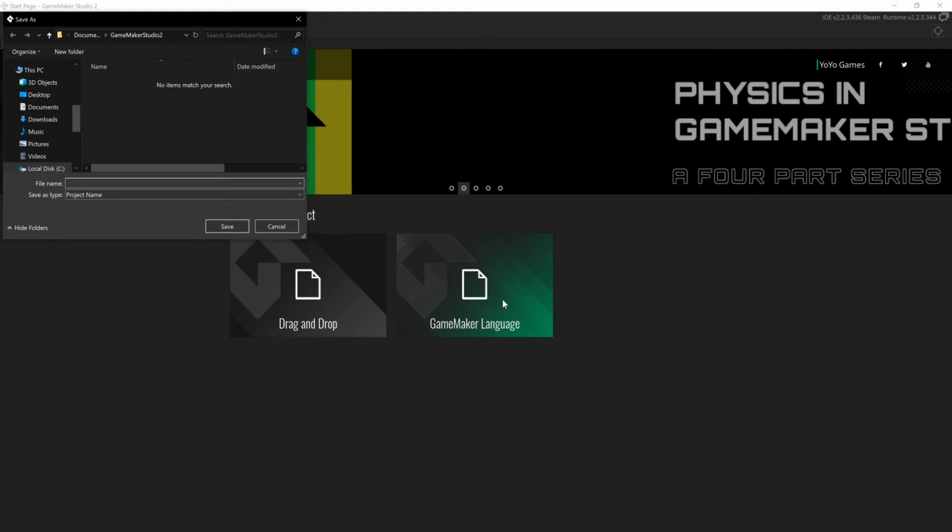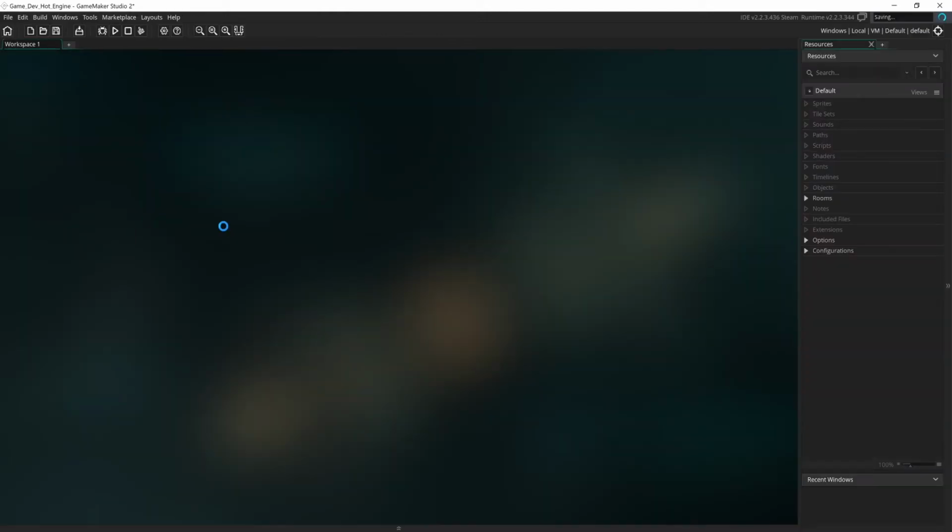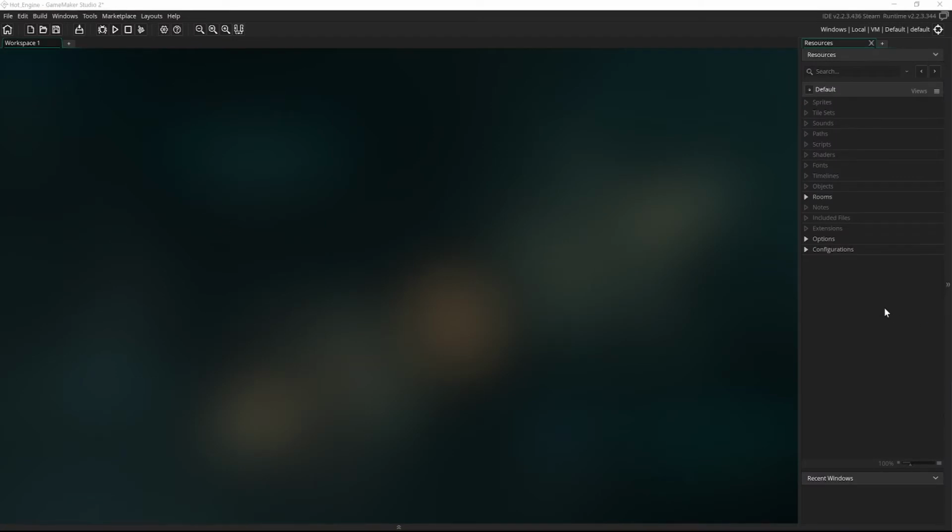So we're going to click on GameMaker language and we're going to create a folder and we're going to store our project in this folder. Make sure you use something descriptive so you actually understand what project is in this file if you intend to have multiples of them. And now that we have finally started using GameMaker Studio,